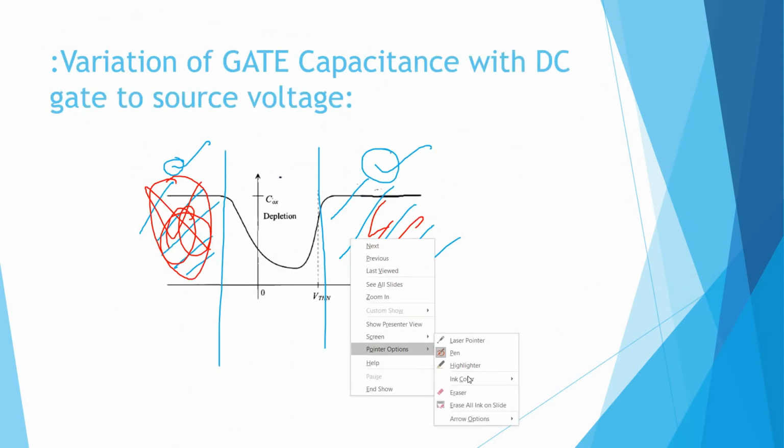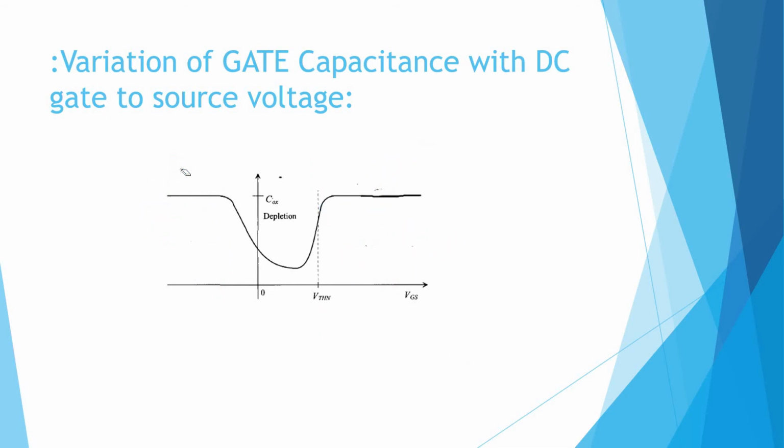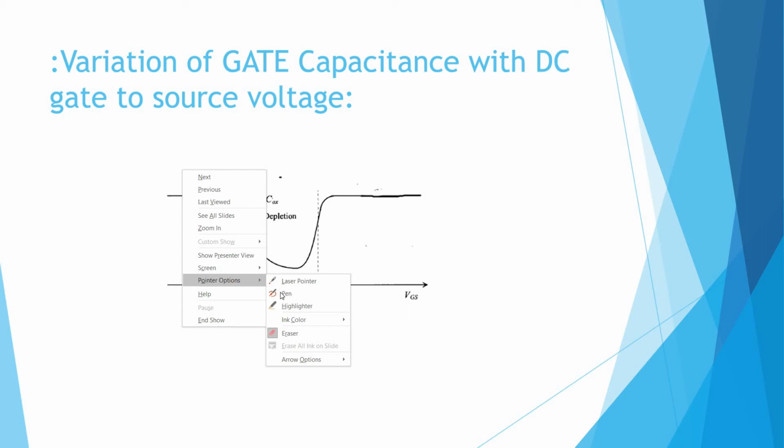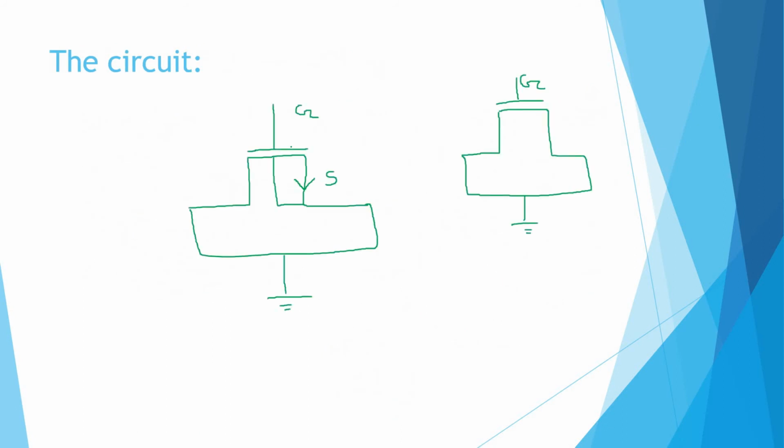Suppose you have to use the MOSFET as capacitor. Okay, then what portion you will use? Correct. What you will do? You will short circuit both source and drain, and then you will apply very high positive gate potential. Okay, that will become this region, and in this region, the MOSFET will be acting like a good capacitor. Okay, so in terms of circuit, what will be the figure? The circuit will be looking like this.